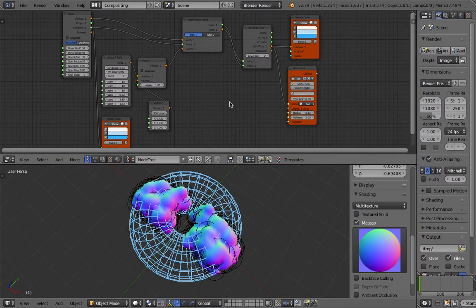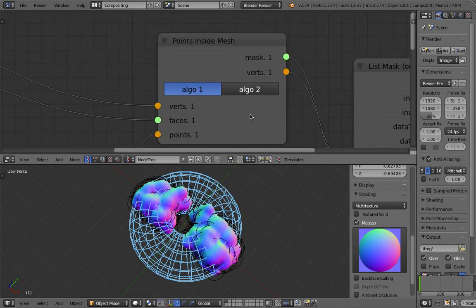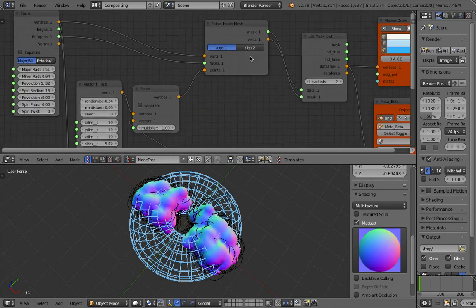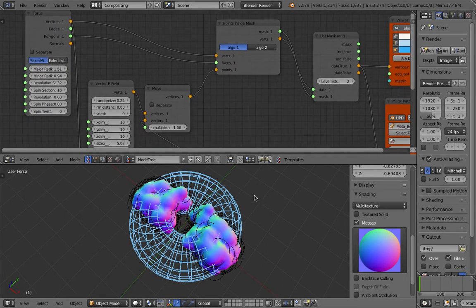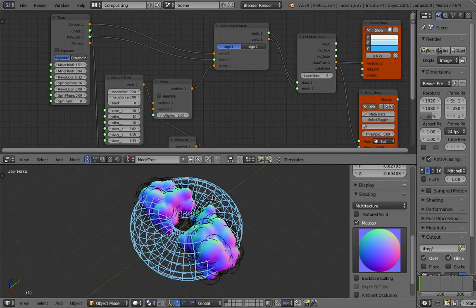In this episode, we're gonna take a look at one node in Sverchok. It's called Points Inside Mesh. This is one of the nodes that's underappreciated. I think it's actually very useful if you ever want to find vertex points or actually points that are